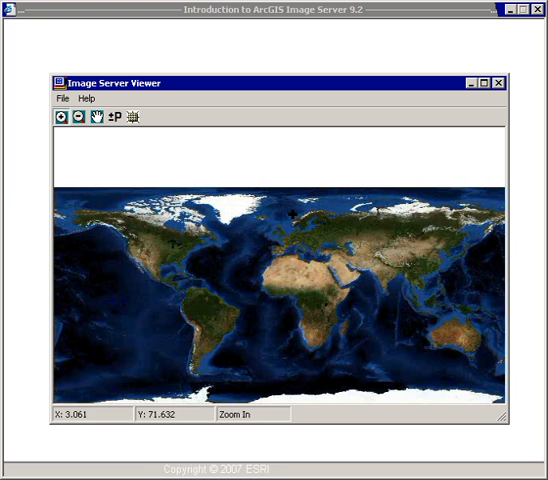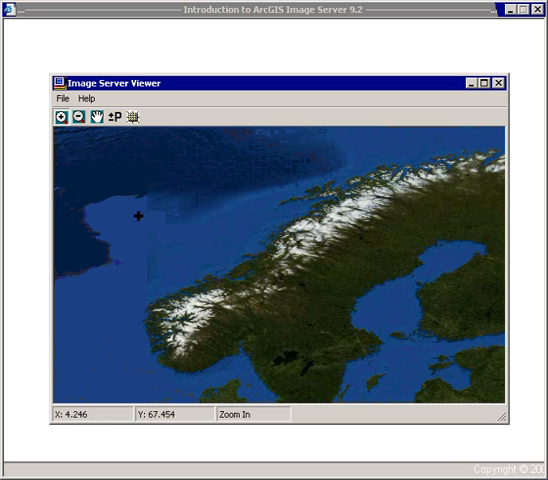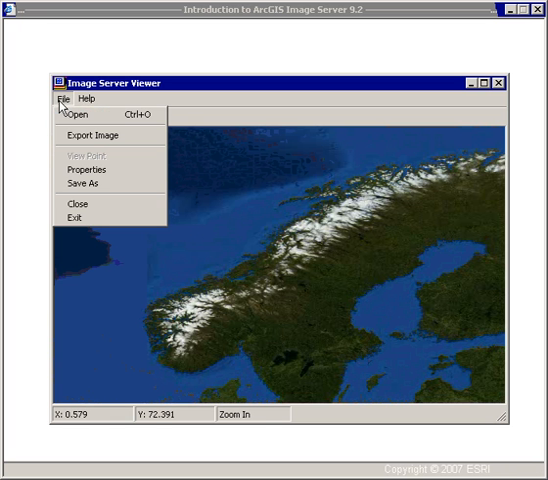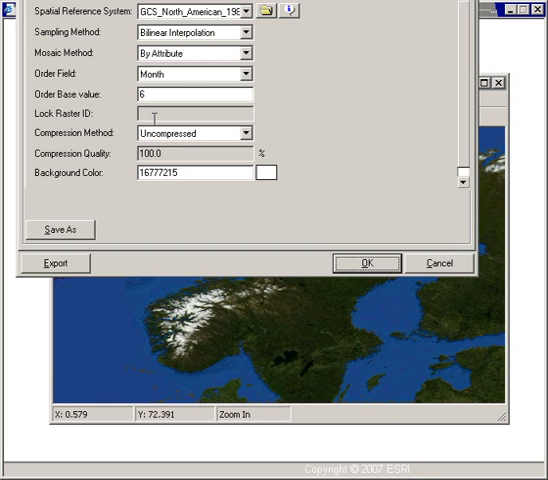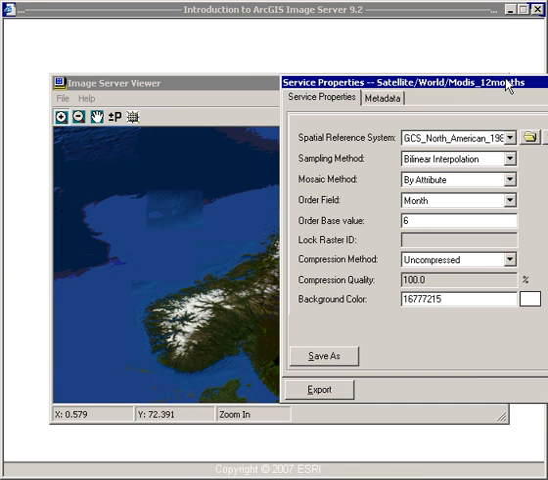I'm going to zoom into an area that I know will show some change. And what we'll do is we'll look at the properties of the service and see how the mosaic method is determining which image is shown on top. So if we look at the properties of the service, now we see our sampling method, or our mosaic method, is by attribute, rather than by closest to viewpoint or closest to center, as we saw earlier. It's based on the field called month, and our current value is 6, meaning that we're seeing the image from June. If I change this month to 12,